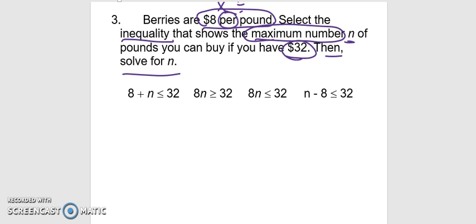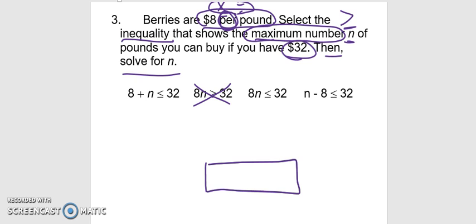So maximum means it could be less than or equal to. So I can get rid of this one. And then I said I know that it either has to be multiply or divide because of that per pound. I can also think of it this way. If I have $32 to spend, and I know that I'm going to spend $8 for each pound,